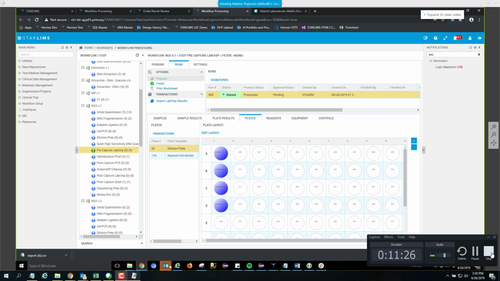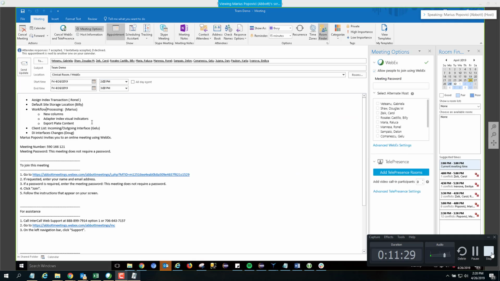Okay, so yeah, I think we can move on. So Rauka, maybe you want to show default storage location, and then